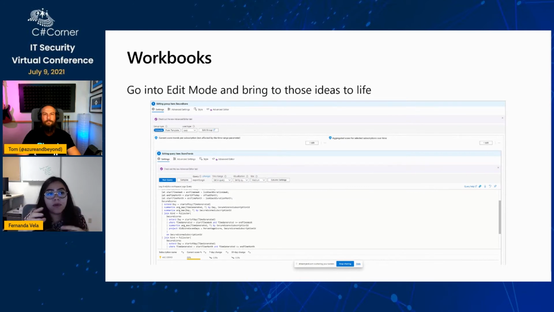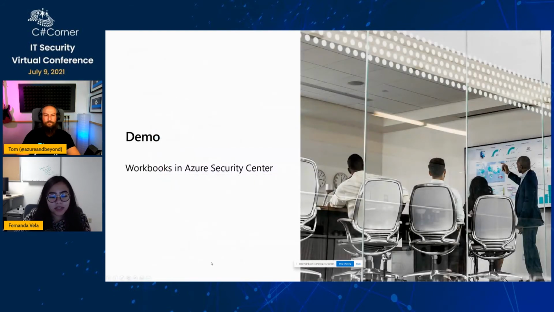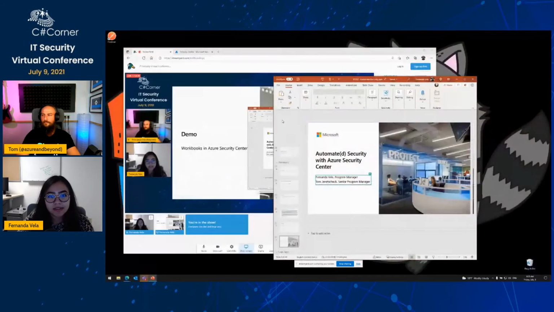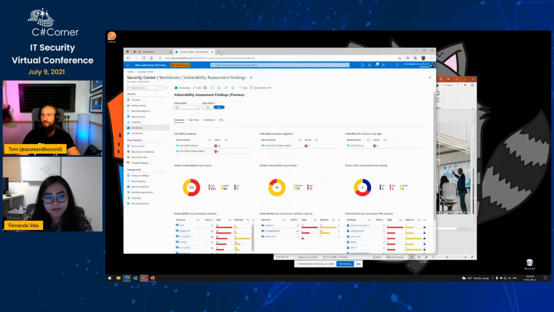So in this example, I just went into edit mode and just started querying across a Log Analytics workspace. So here, actually, you can see how this code goes and what the result is going to look like. So yeah, let's take a look a little bit at how this is represented. And here I have